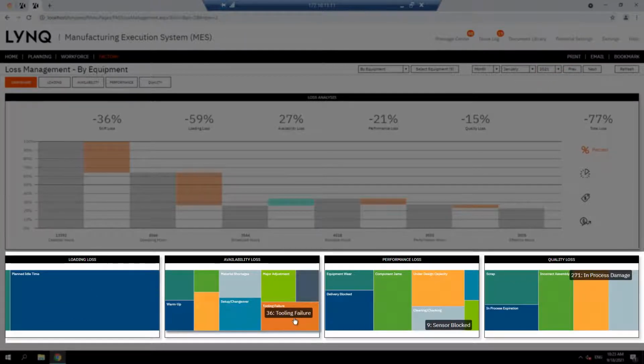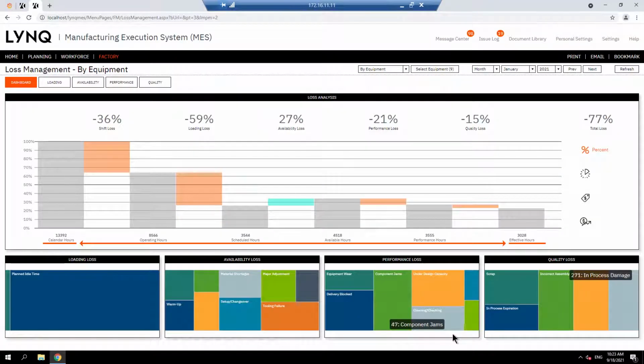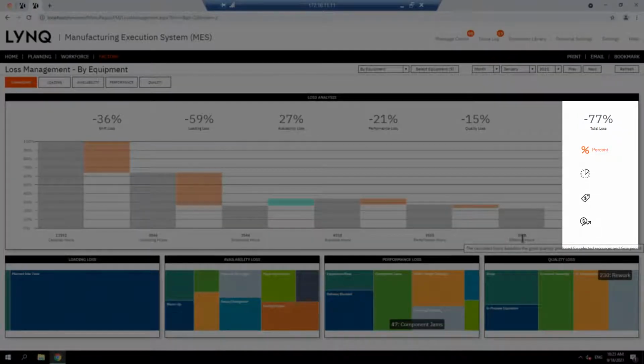But more importantly, it shows you the difference between your calendar hours, in this case 13,392, and effective hours of 3,028. Now, effective hours are based on the good quantity produced for the selected resources and time period. So you're really seeing a difference of over 10,364 hours lost. And now if you consider the average cost rate per hour for these machines of $35, this equals about 360,000 per month lost. It's our job to help you close that gap, and you can set default rates providing financial